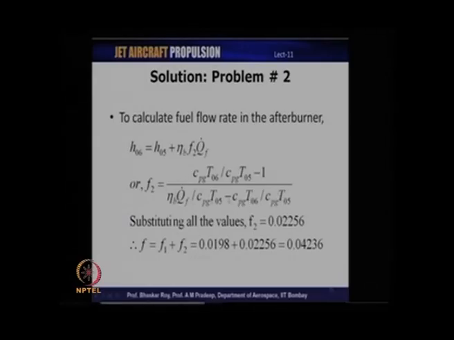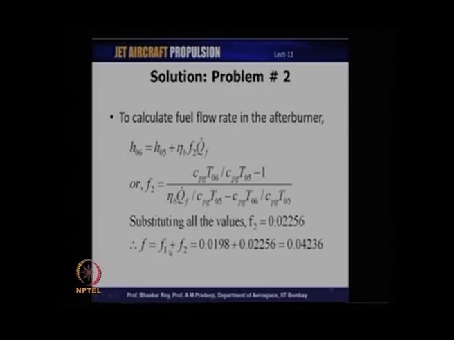So, all these numbers are known to us. T06 is specified as 1800 Kelvin. Other parameters are known from our previous cycle analysis. If we substitute all these values, we get F2, the fuel flow rate in the afterburner, equal to 0.02256, and therefore the total fuel flow rate F is equal to F1 plus F2,